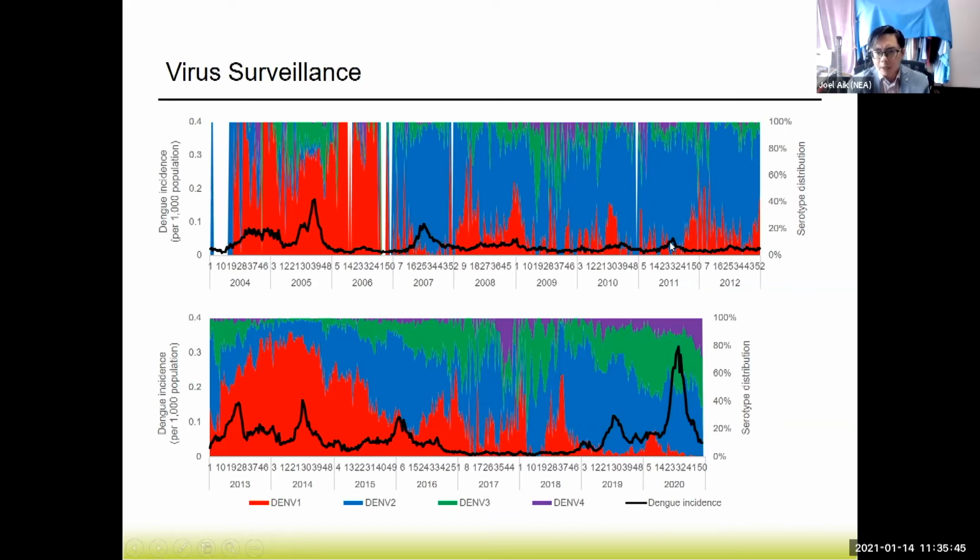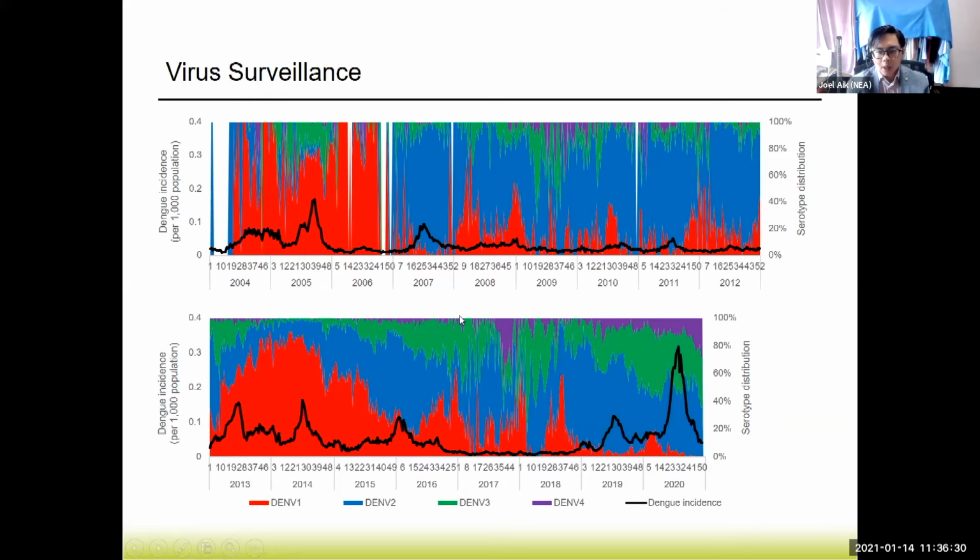There were some, the usual middle of the year, but nowhere compared to what we saw in 2007 and 2005. Now, if you look at the figure below, again from the end of 2012, where dengue 2 was the leading serotype, there was a switch to dengue 1 in 2013, and that was also associated with a longer outbreak period, one in 2013 and one in 2014. And then, of course, there was another spike here. Where you can see that dengue 2 surpassed dengue 1 as the leading serotype, and it was accompanied by an